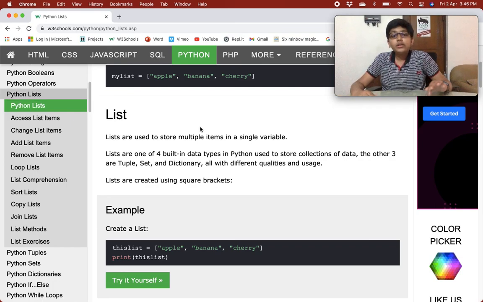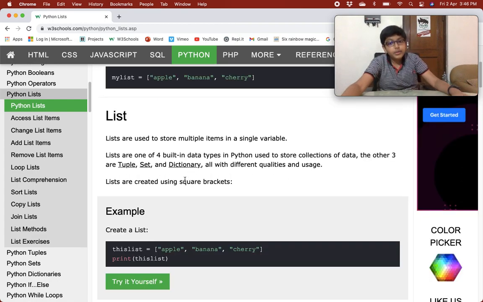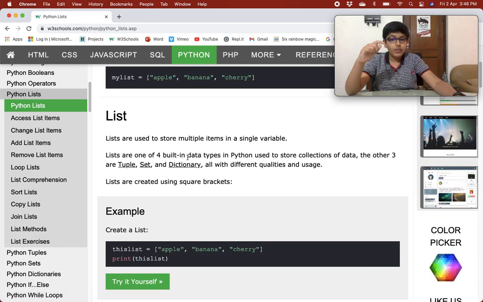So tuple, set, dictionary, and lists are used to store collections of data. Basically they are used to store multiple items in a single variable, all with different qualities and usages.